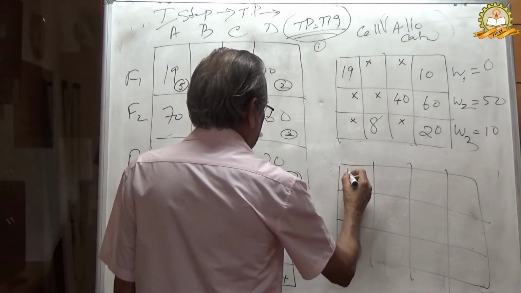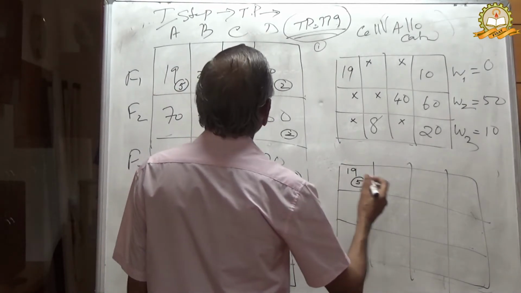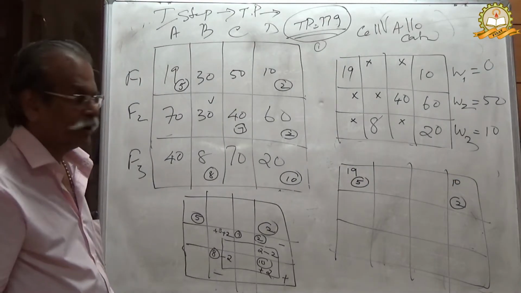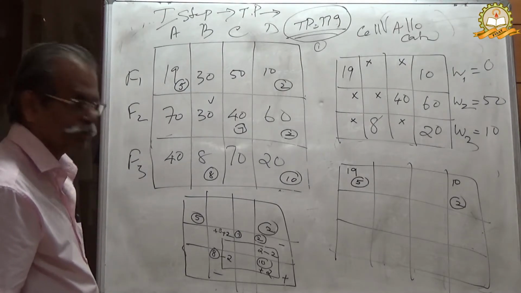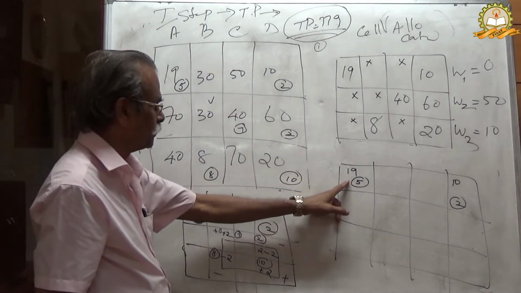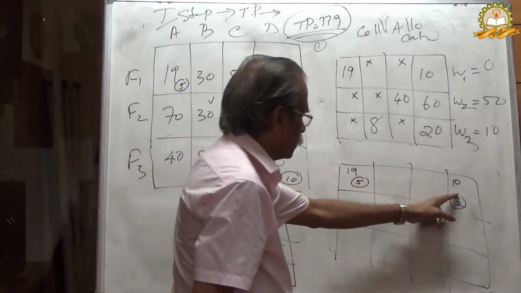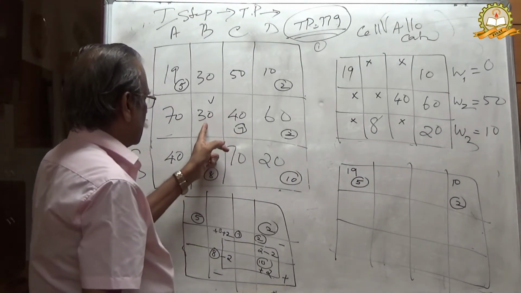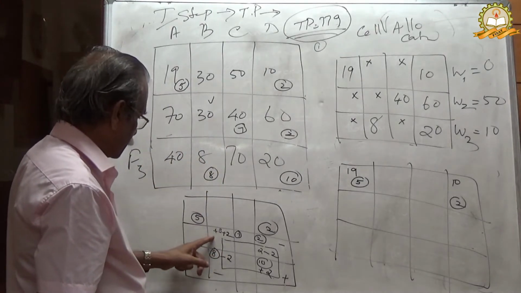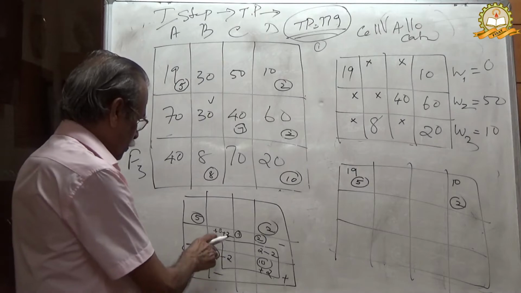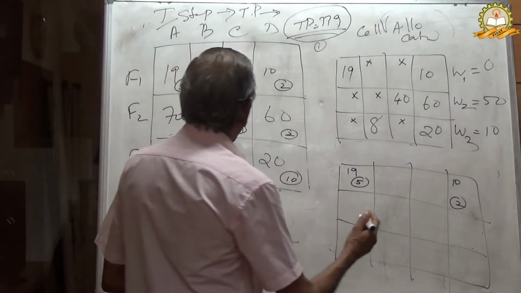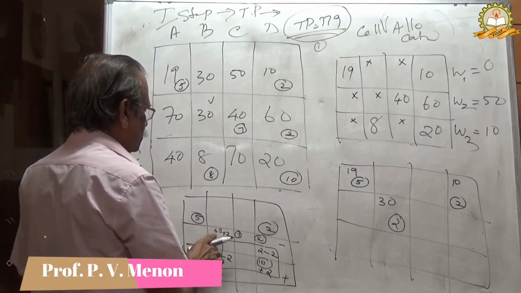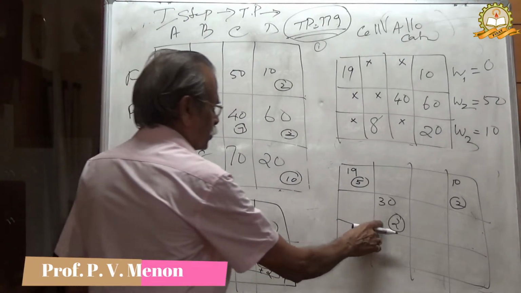Here you have 19 cell value, 5 allocation, no change in that. 10, 2 allocation. Therefore, the revised final matrix will be: 19 into 5, original allocation; 10 into 2, no change in that; 30 no allocation, 70 no allocation. Here no allocation, but you got a negative value there, therefore your revised allocation becomes, here you wrote 0, 2, therefore you have 2 as your allocation. 30 cell value, because you started with this, you got a specific allocation plus 2, 30.